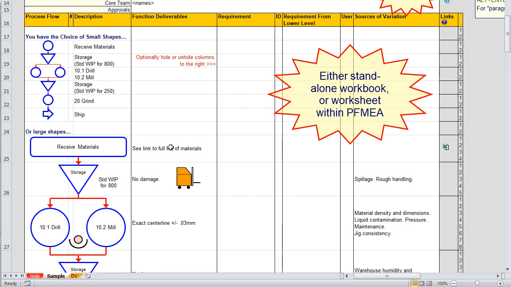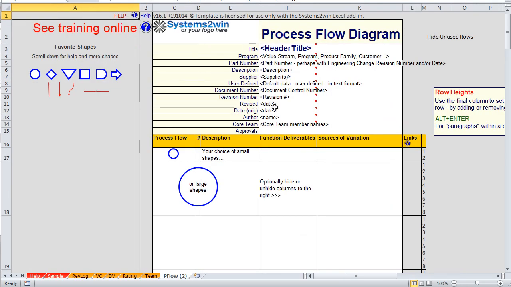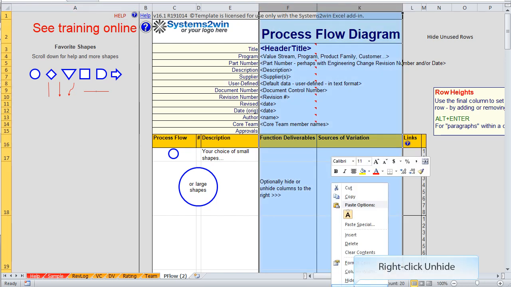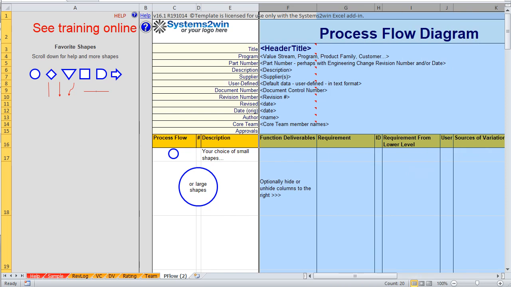And like every Systems to Win template, you can click any row or column header to get pop-up help, where we learn that the data in this column loosely correlates with the function column on the PFMEA. Or more correctly, you can optionally unhide those columns to the right if you want to get into an unusual amount of detail in your process flow diagram.